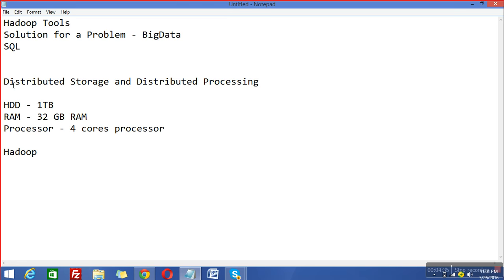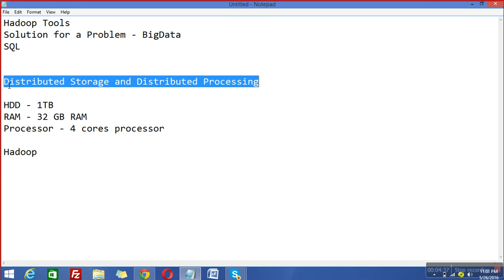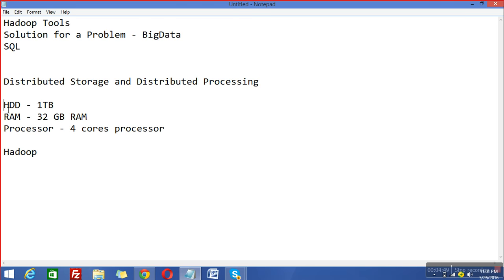So Hadoop is basically just the opposite of SQL. SQL is all about centralized, Hadoop is all about distributed. In short, let's say you have one bigger room, and I ask you to search for a key, and you have just one table. Definitely you will instantly give me the key from the table.